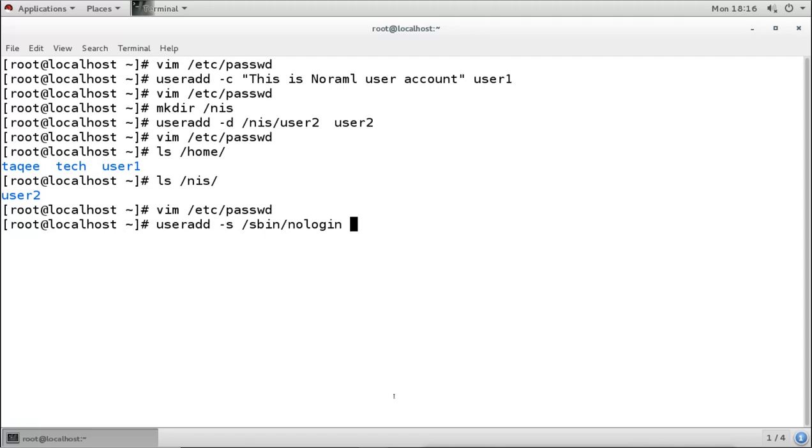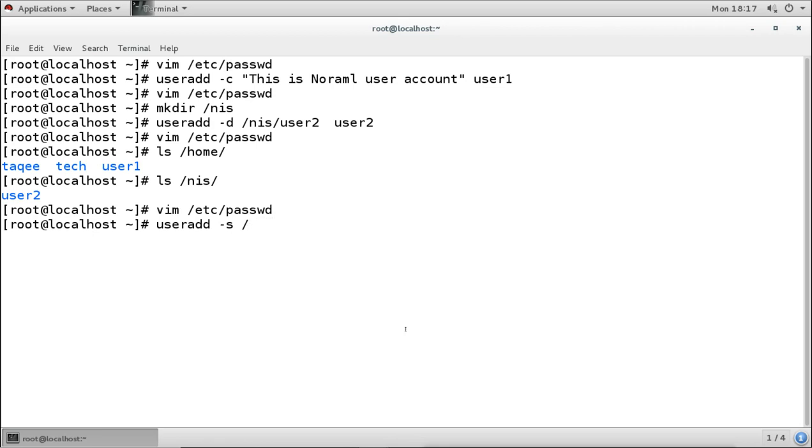So suppose we want to create a user only for the FTP services. Now FTP services users don't log in interactively. They log into the FTP and download and upload. Web services users also don't log into an interactive shell. They use web services based on authentication. So for those kinds of services where we don't want to allow users to log into the system interactively, we can create the user with this shell. So they will not be able to log in interactively.